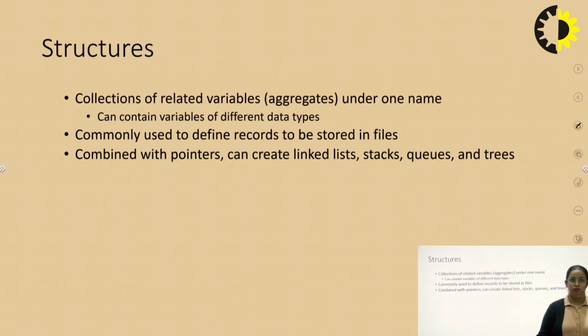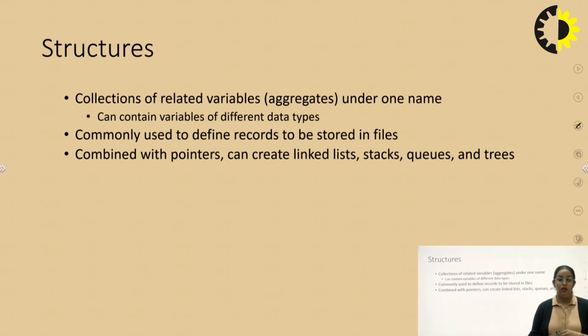Okay. So what is a structure in C? Basically, a structure is a collection of related variables under one variable name. Before starting structures, we will recall the definition of array, and then we will move on to structures. Basically, an array is a collection of similar type of data, or you can say an array is basically a list, where we store similar type of data.